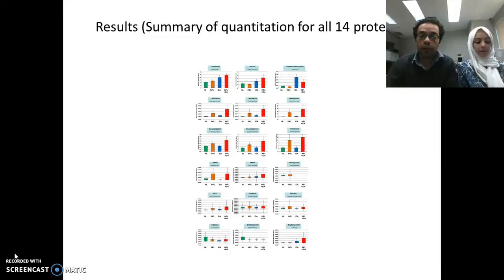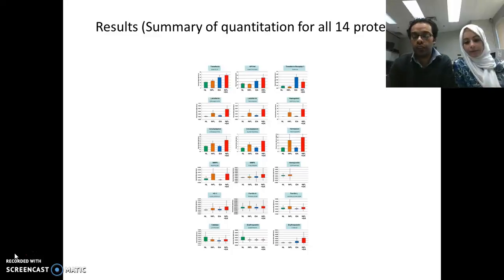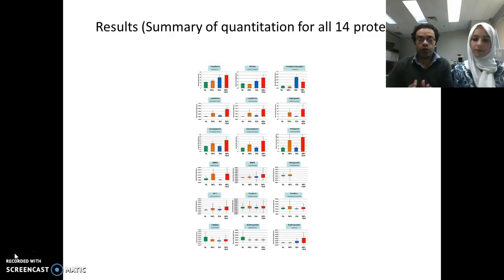Now we move to the summary of quantitation for all the 14 proteins. The graph shows the quantitation result for each individual potential biomarker protein. It can be seen that the concentration levels of IDA and inflammation plus IDA are overlapping among the different proteins when a single biomarker is used, such as cerebroplasmin. Also, many of the biomarkers show distinctly different levels with inflammation alone compared with inflammation plus IDA. This suggests that a combination of all these proteins as a panel might be useful to distinguish the iron